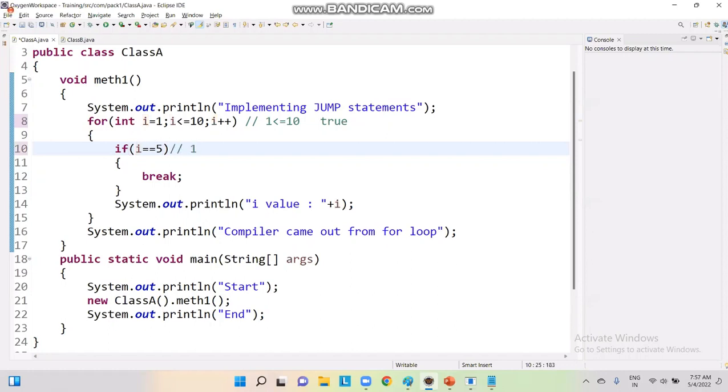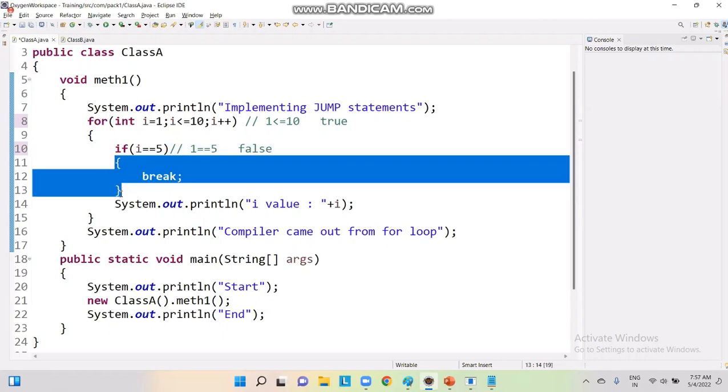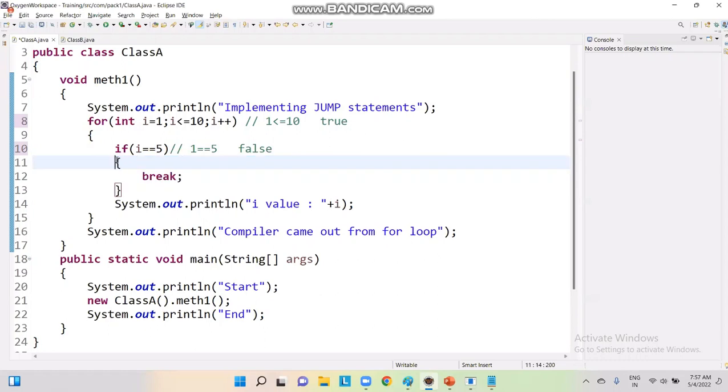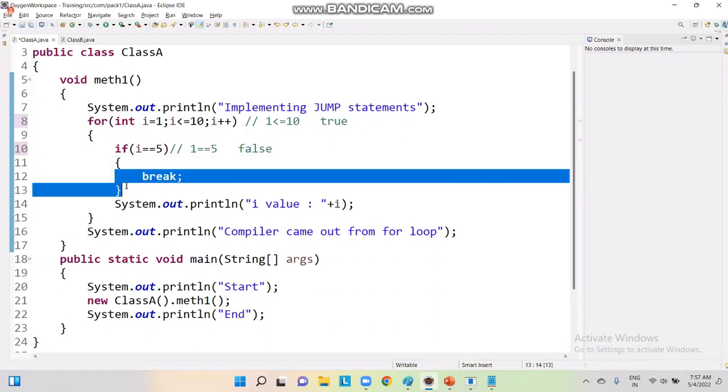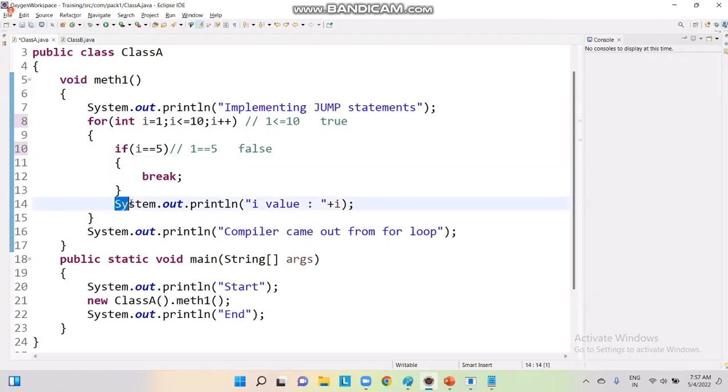The i value is 1. Is it equal to 5? No. So this condition is false. If the condition is false, the compiler will not execute that block. So it will not enter into this block. Directly, it will execute line number 14, that is, the i value